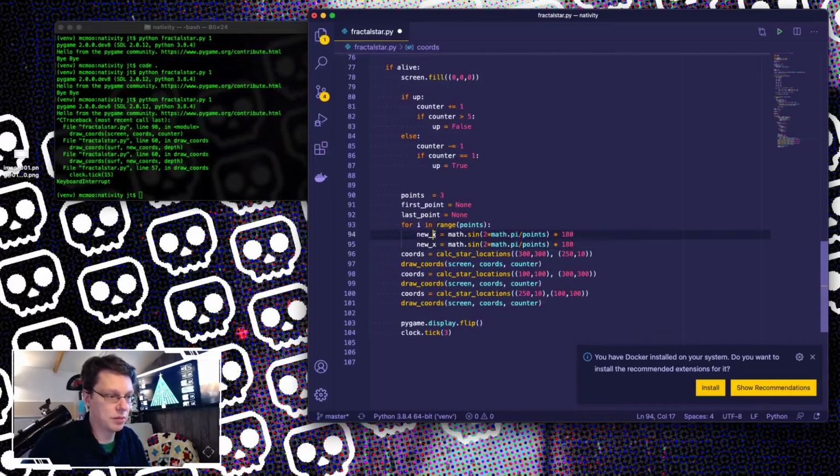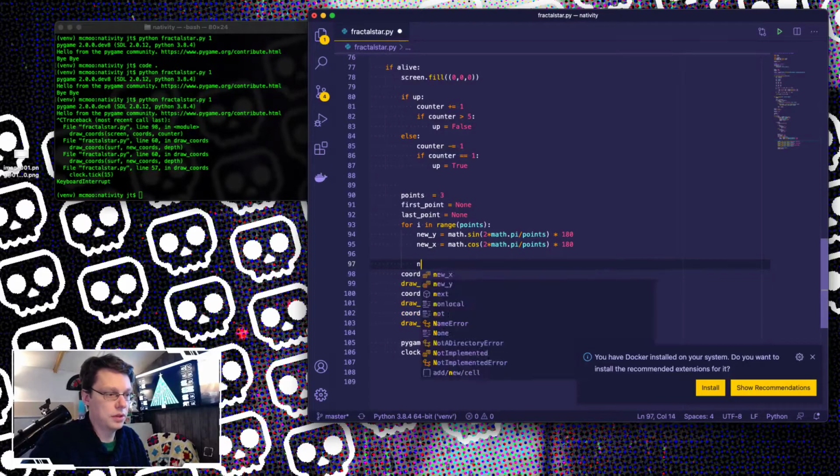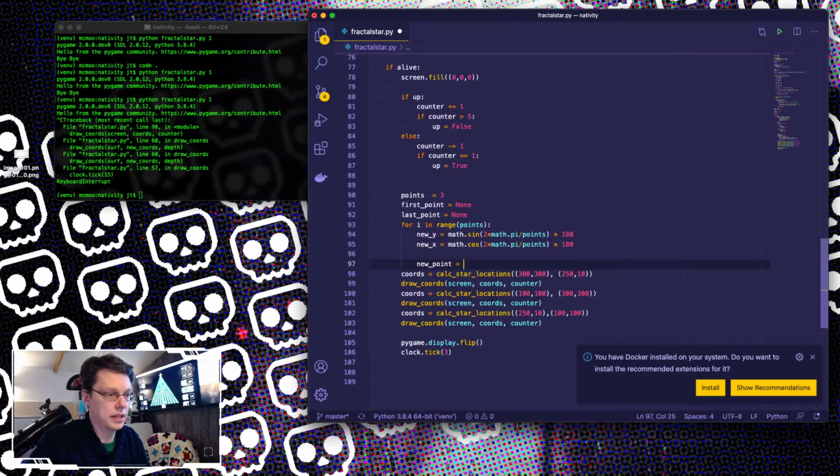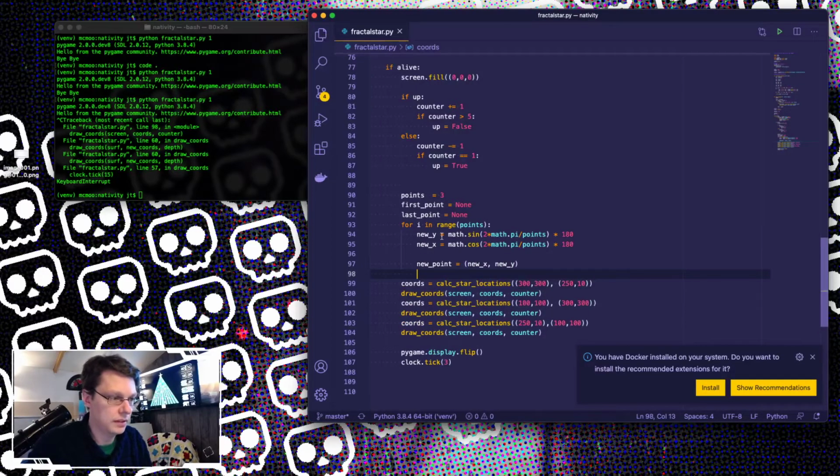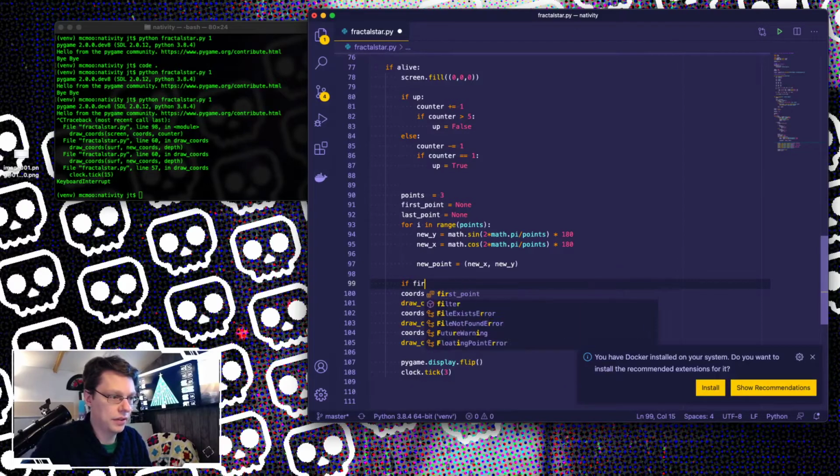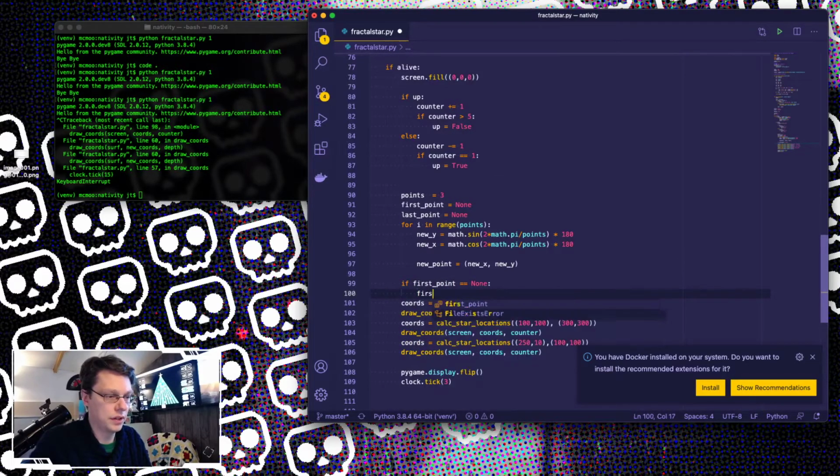I think actually this was going to be the y, and the x was going to be math.cos. Okay, so new point equals new x, new y. There you go. If first point equals none, first point equals new point,